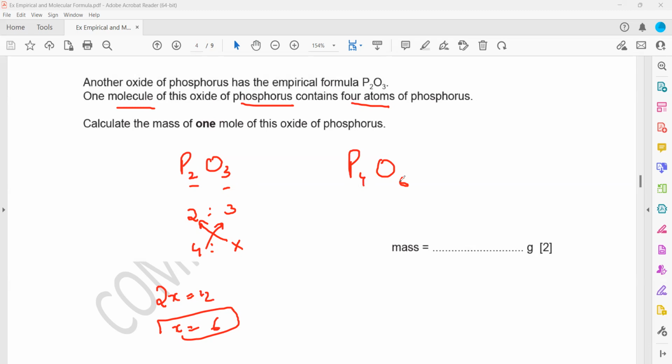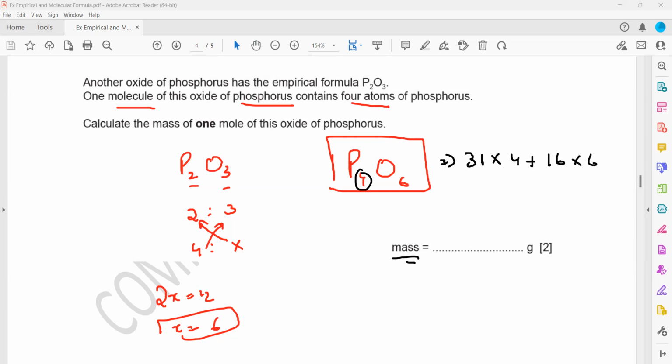Why 6 oxygen? As an empirical formula, the simplest ratio between phosphorus and oxygen is 2:3. So first we work out the formula of the compound. Then the question is not the formula. The question is to find the mass of 1 mole. So how to find the mass of 1 mole? Phosphorus is 31 times how many phosphorus in this molecule? 4, plus oxygen is 16, and how many of them? 6. So we find the total mass of this P4O6, which is 220. So 220 grams will be the mass of one mole of this phosphorus oxide, which contains 4 phosphorus